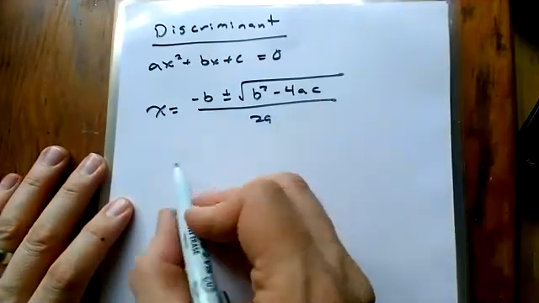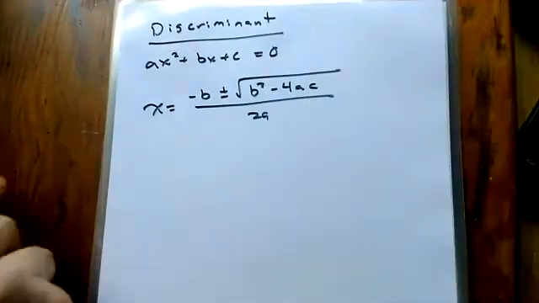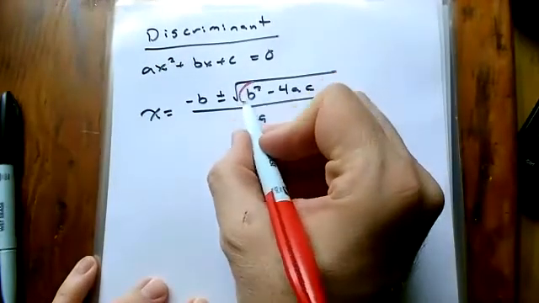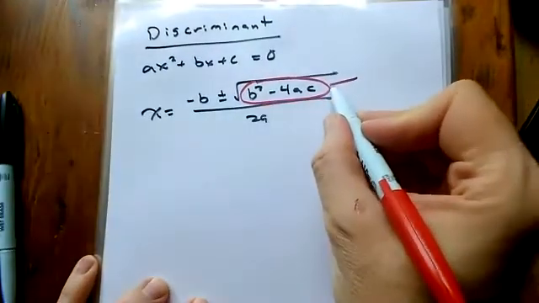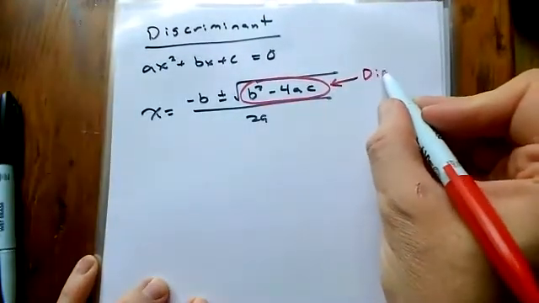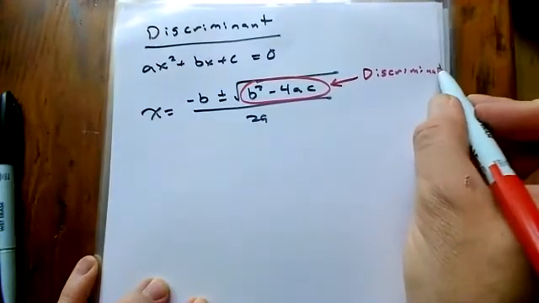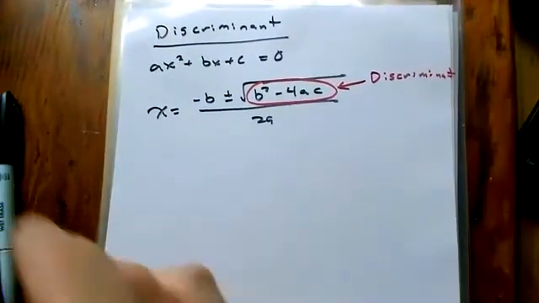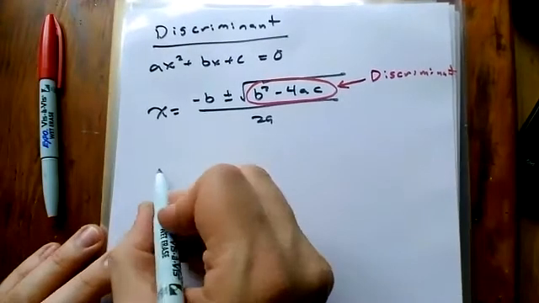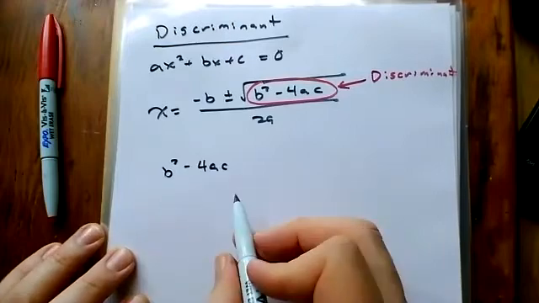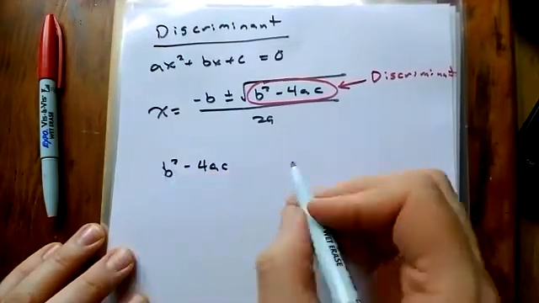So this expression underneath the radical is called the discriminant. This expression is b squared minus 4ac, and if this is positive,